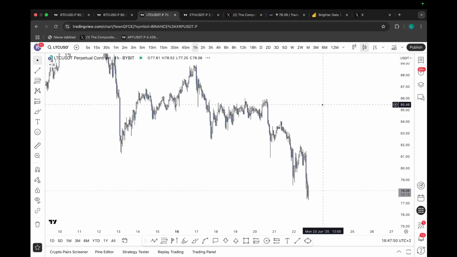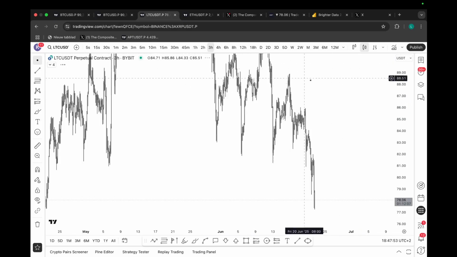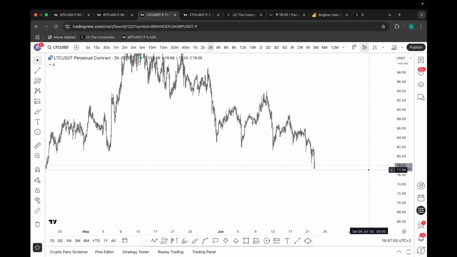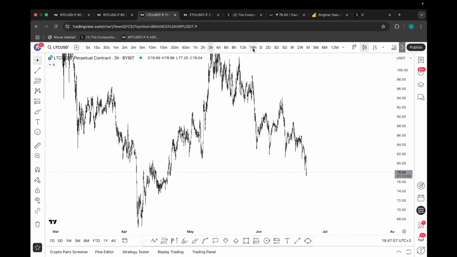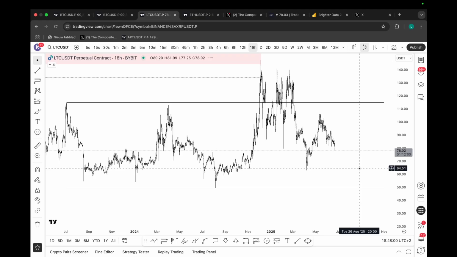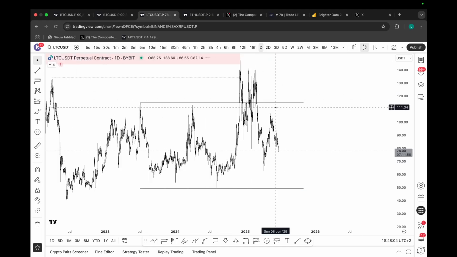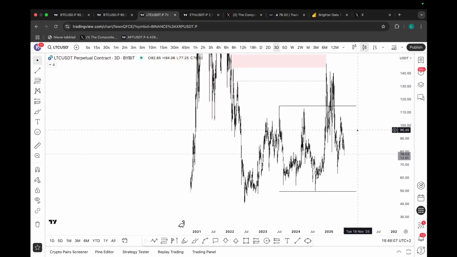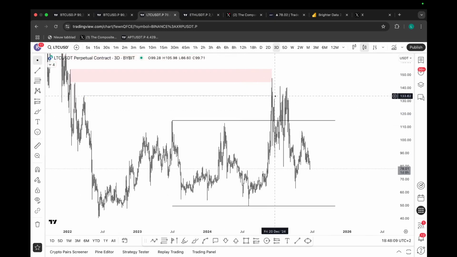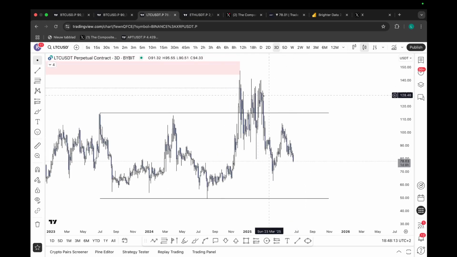Okay, so I'm not really going to be building a whole lot of context on Litecoin, because the context on Litecoin is, in my opinion, a bit sketchy. Since if we zoom out here, I was like, is this a high time frame macro range? Technically it is, right? We deviated that high, came into some supply up there, swept some buy side liquidity. It's not really a clean distribution model, but at the same time, we also don't really have a proper accumulation model at the bottom. So you're kind of in the middle of nowhere.